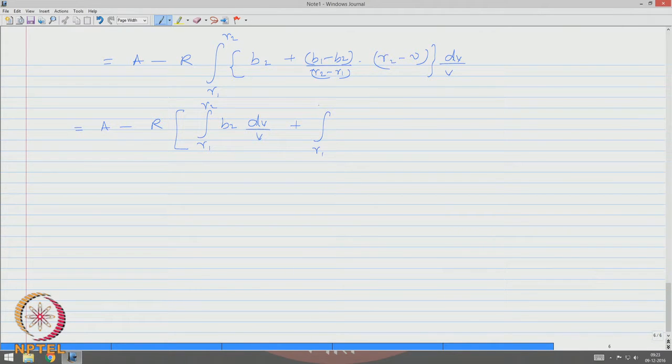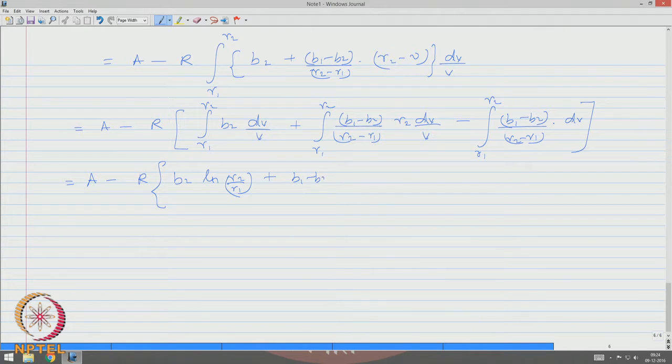plus integral with limits R2 to R1 of (B1 minus B2) by (R2 minus R1) times R2 dV by V, minus R1 to R2 of (B1 minus B2) by (R2 minus R1) of dV, which now is A minus R, B2 log R2 by R1 plus (B1 minus B2) by (R2 minus R1) R2 log R2 by R1 minus (B1 minus B2), because when you get the limits and substitute, they will get cancelled,